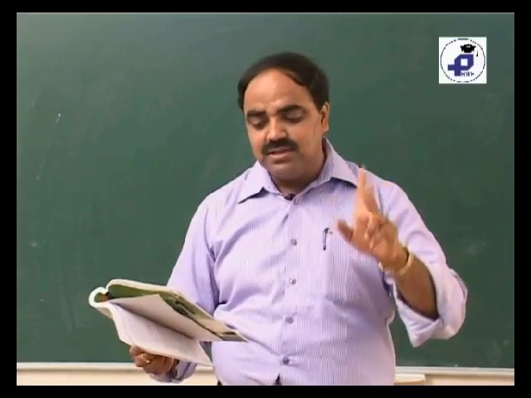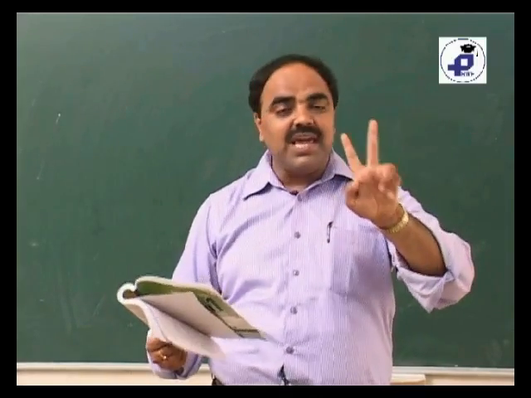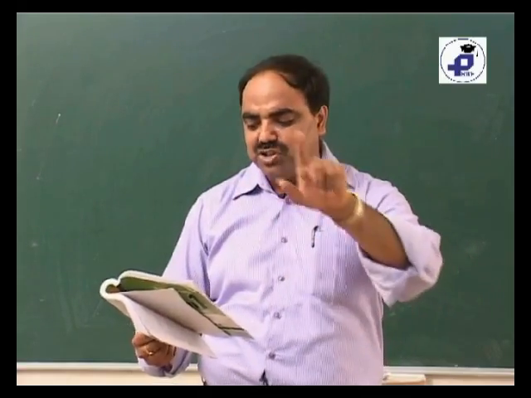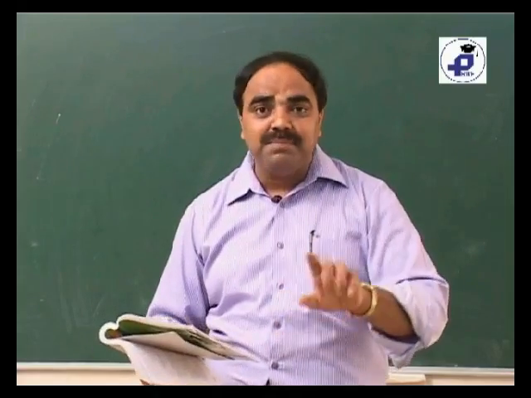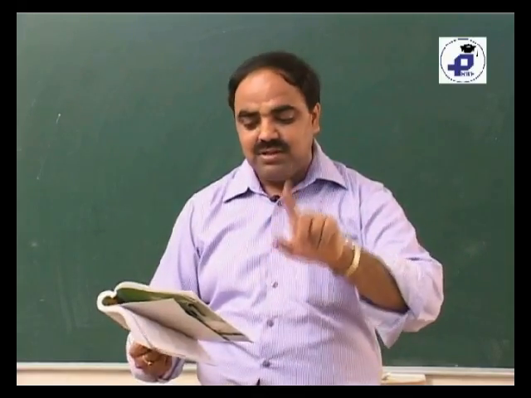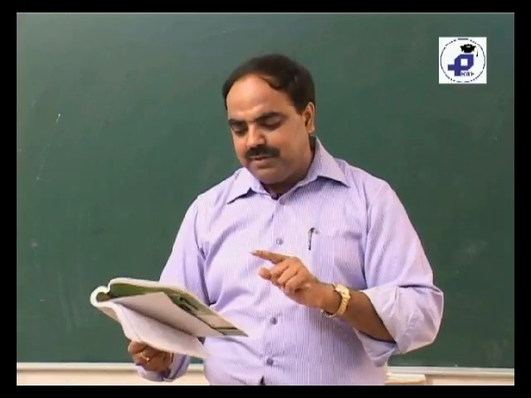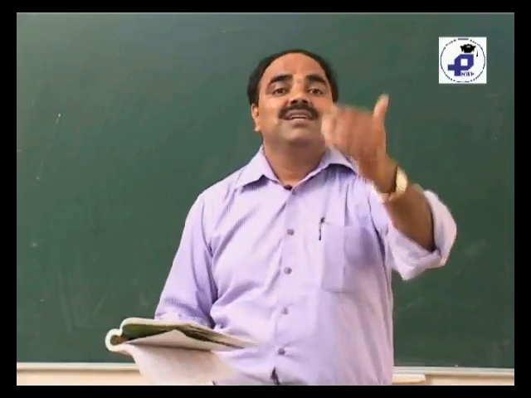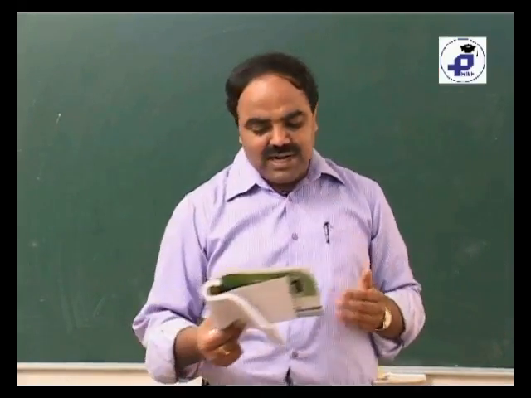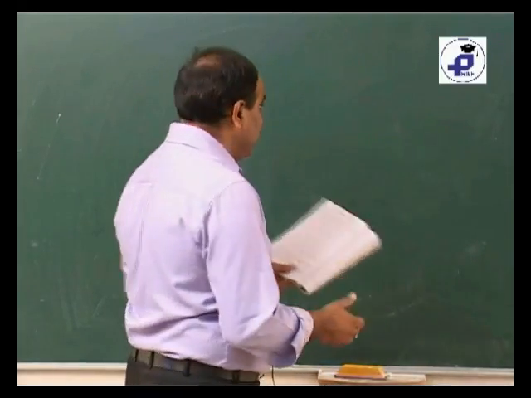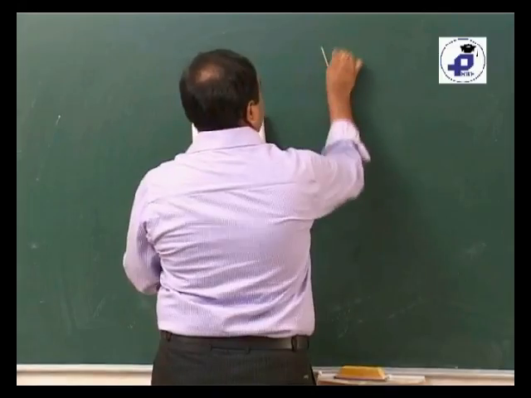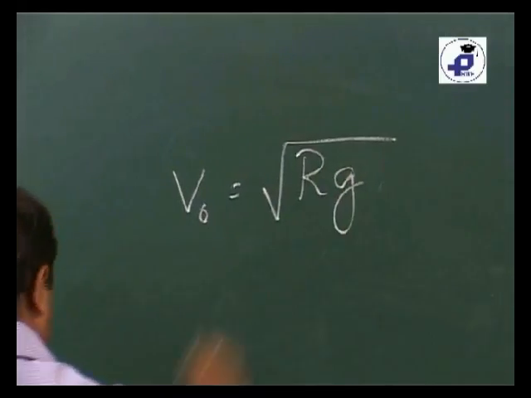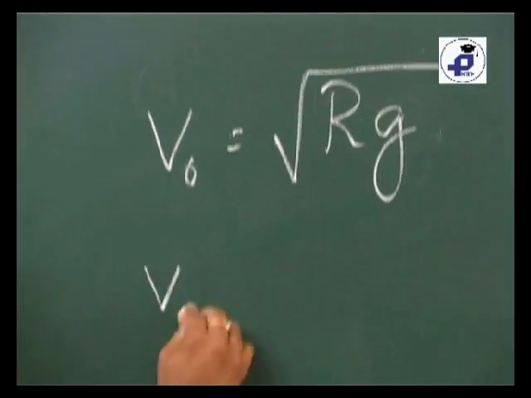Two terminologies: orbital velocity, escape velocity. The velocity given to an artificial satellite so that it moves in an orbit around the earth is orbital velocity. Then the minimum velocity with which the body must be projected out is escape velocity. The relationship between orbital and escape velocity: V0 is equal to root of capital R into small g, and VE,